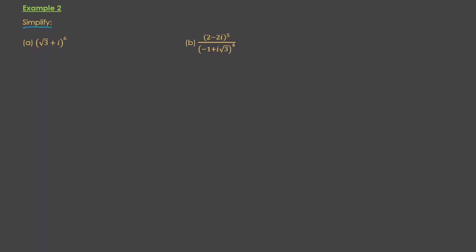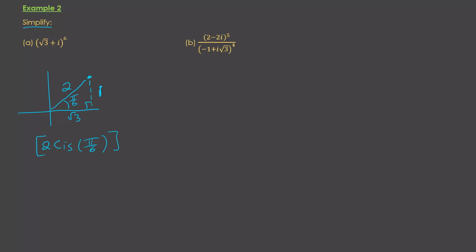We want to simplify the following, and the first one is (root 3 plus i) to the power 6. Well, let's think about root 3 plus i. That would be here, where this is root 3 and this is 1. And root 3 squared is 3, 1 squared is 1, 3 plus 1 is 4, square root that. That means that the modulus is 2. And the angle here, it's one of our standard angles. You should know that that is pi by 6. So what we're looking at is 2 cis pi by 6